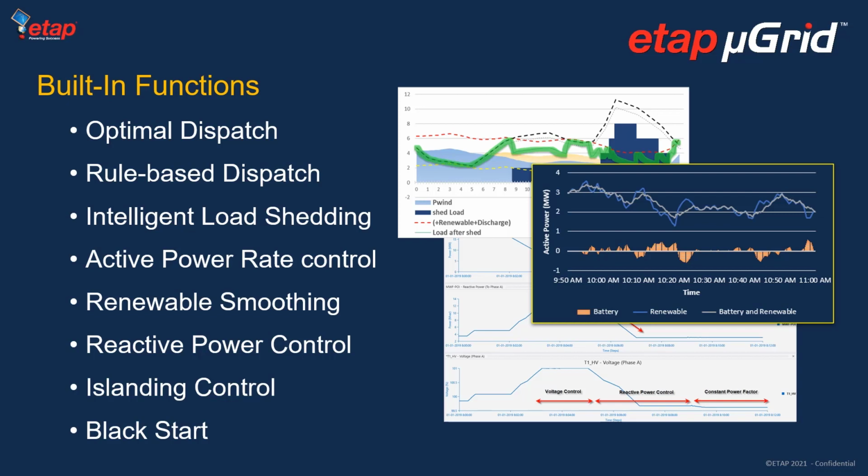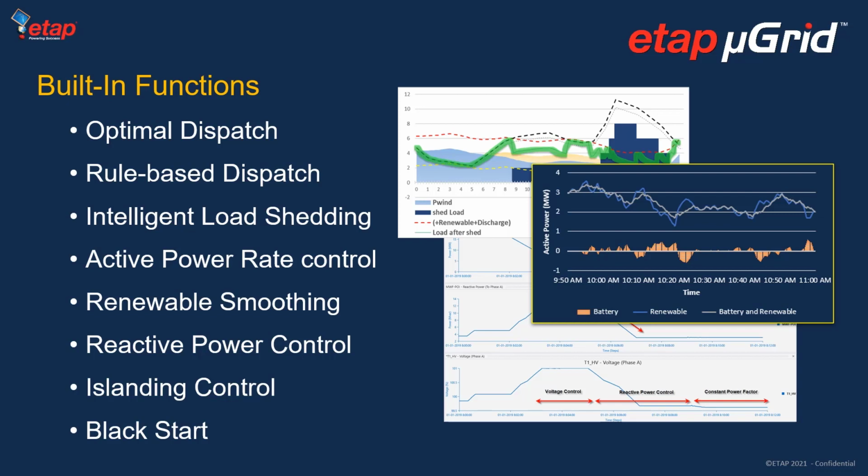Now the intelligent load sharing is optimal, so the system decides how much load needs to be shed or curtailed, and determines the best combination of loads to shed within milliseconds. So the response time we're talking about is between 10 to 40 milliseconds, depending on the size of the system and